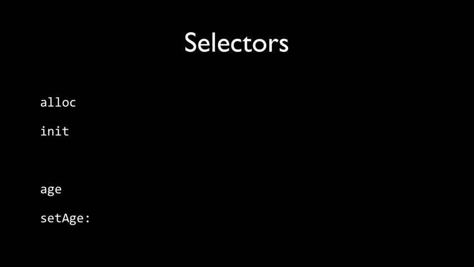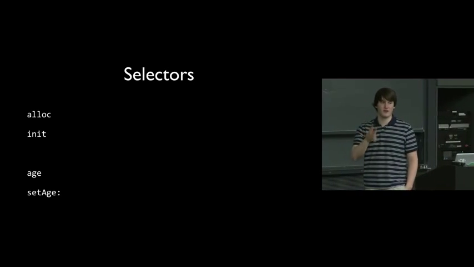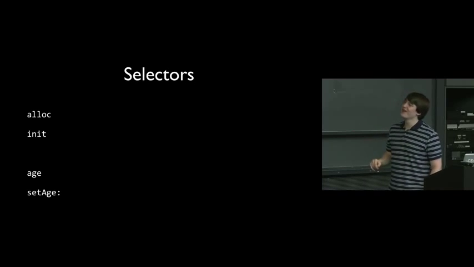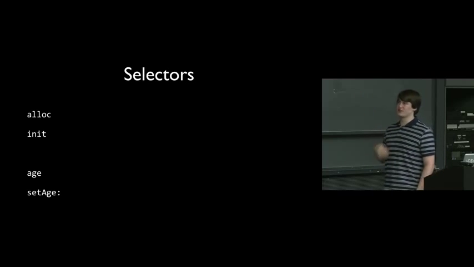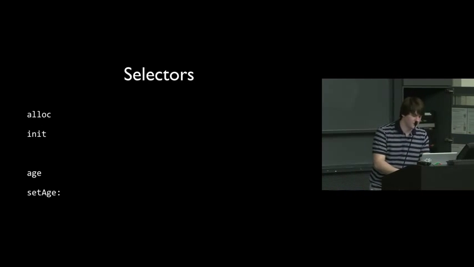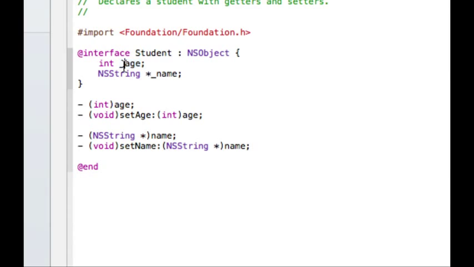So selectors, pretty much an alternative name for method. So alloc, init, age, and setAge:. Remember, the colon is part of the name. Once we see multiple argument functions, we'll see that there will be multiple colons in the name. So all of those are just selectors, and we'll see why that's relevant later. And let's look at that example now. So student 2. OK. So here we have said int underscore age and underscore name. And now we have 4 methods. And this is like the getters